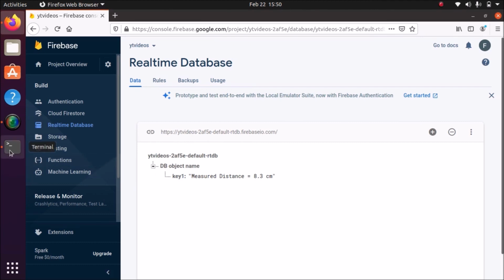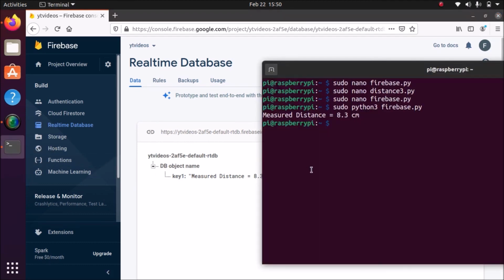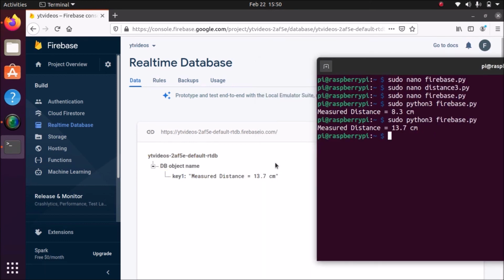Okay, so I'm going to move the object again. If I run our script again, now the distance is 13.7 centimeter, and here as you can see it's updated. So this is the way you can send your sensor data to Firebase.